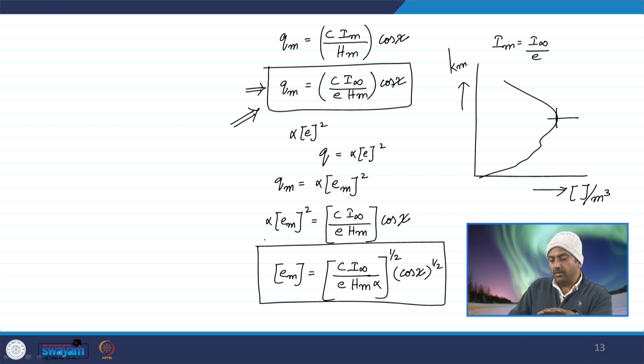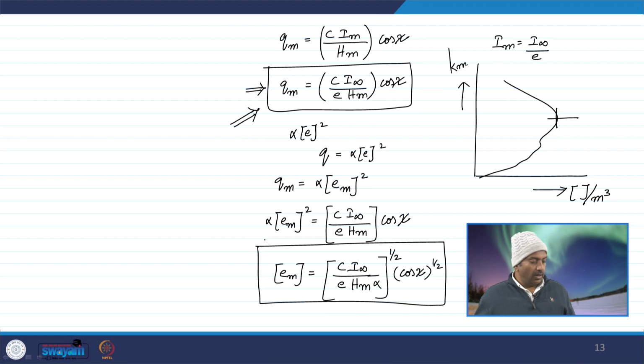Now, based on a few simple assumptions, we have an expression using which you can calculate the peak electron density. Of course, you can calculate the peak electron density as a function of solar zenith angle, recombination coefficient, an exponential factor e, Hm the scale height, and initial intensity, right. So, these results are not applicable